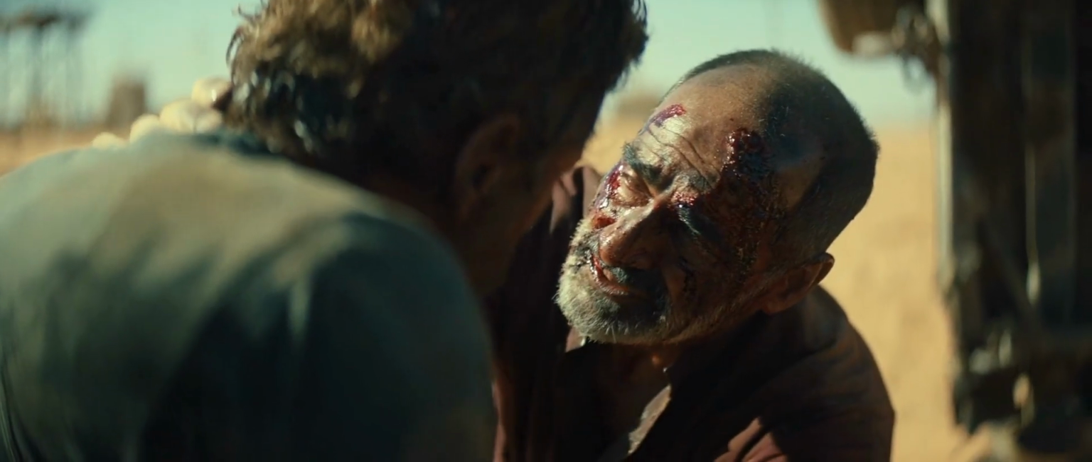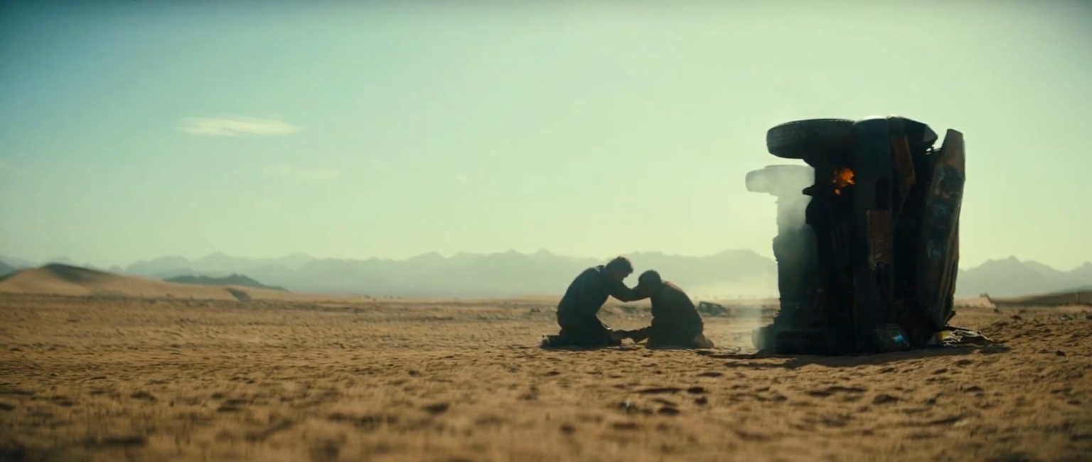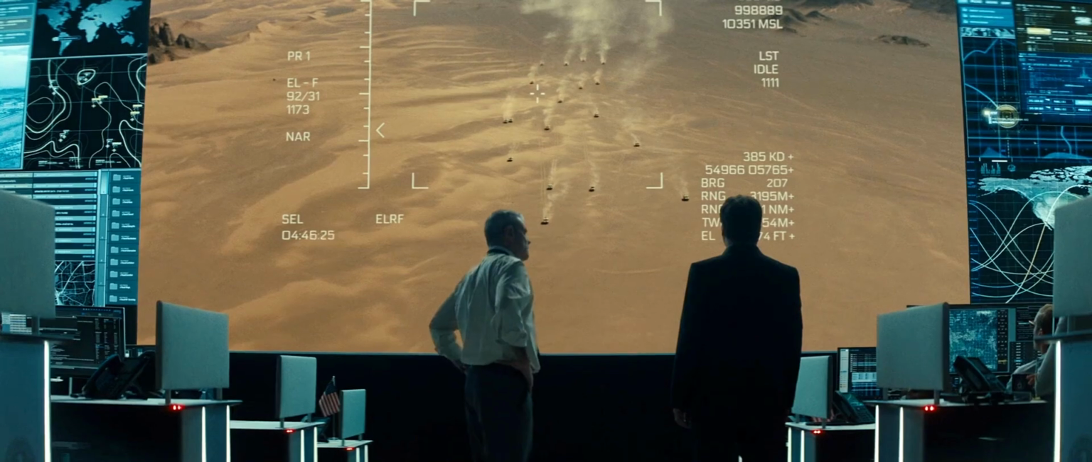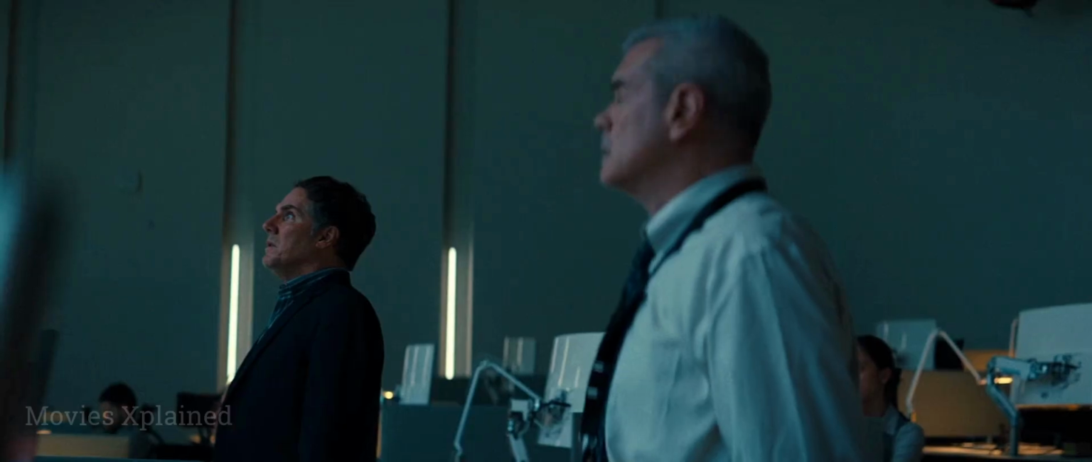They exchange farewells, bracing themselves for what seems like an inevitable end. Meanwhile, at CIA headquarters, Chris makes a critical decision. He instructs a pilot to bomb the area surrounding Tom and Mo, creating an escape route for them. Chris is aware that this order exceeds his authority, but he is determined not to let another agent die in